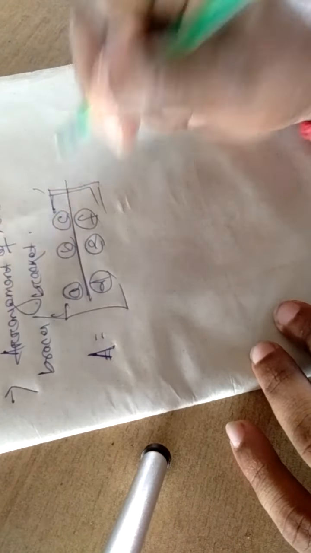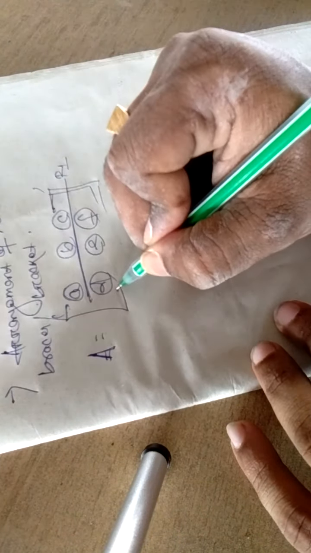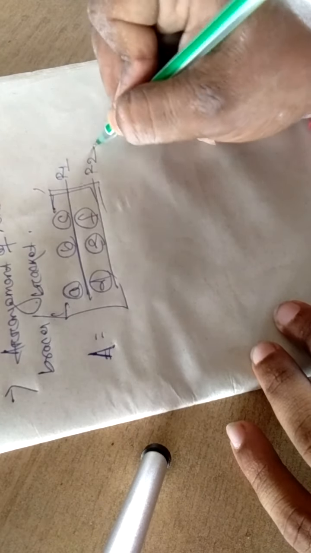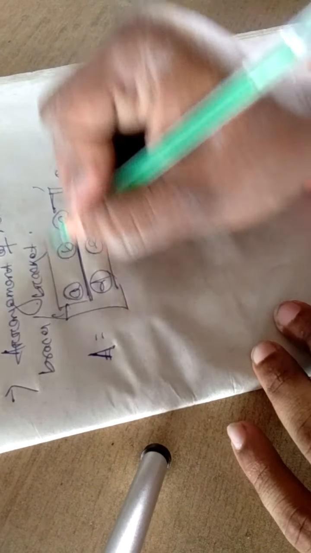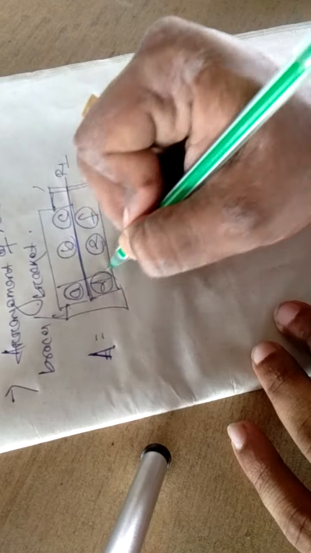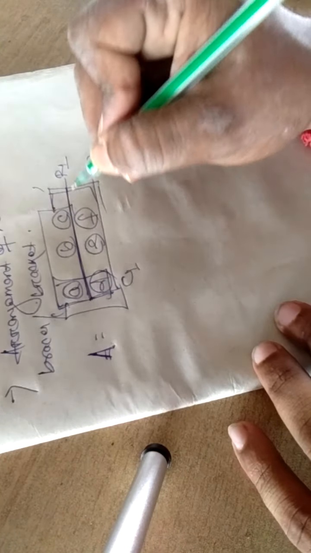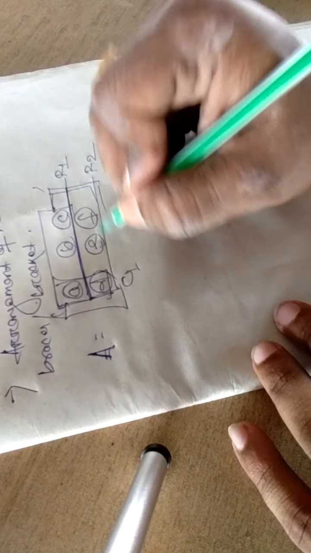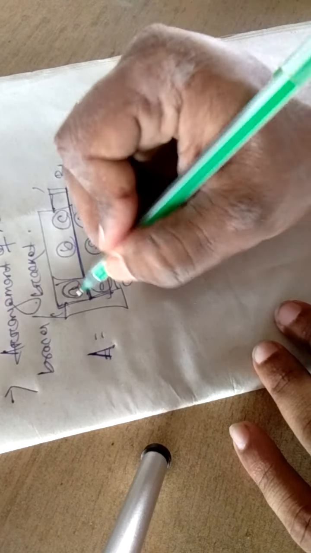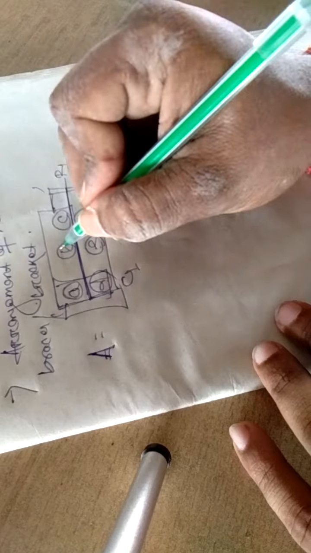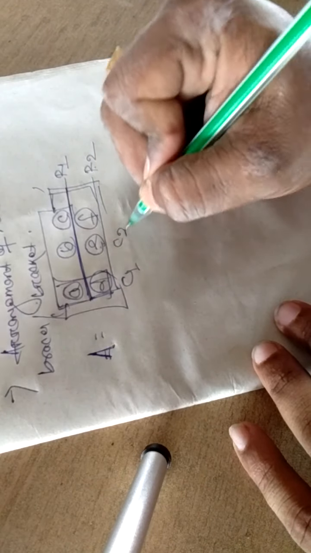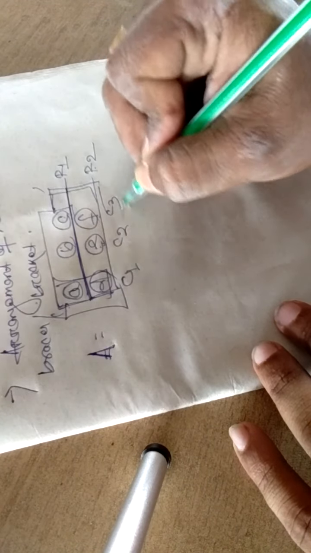The numbers A, B, C, D, E, F are the elements of the matrix, and the matrix is denoted by a capital letter, A. The horizontal lines are known as rows. ABC is row 1, and DEF is row 2. The vertical lines are known as columns. Similarly, AD is column 1, BE is column 2, and CF is column 3.